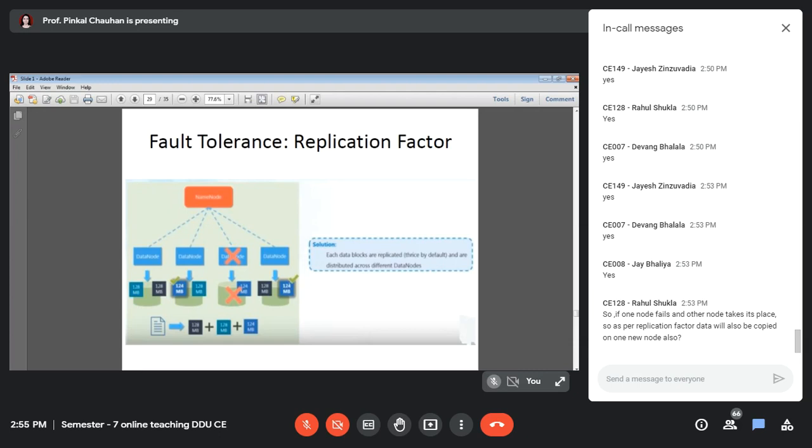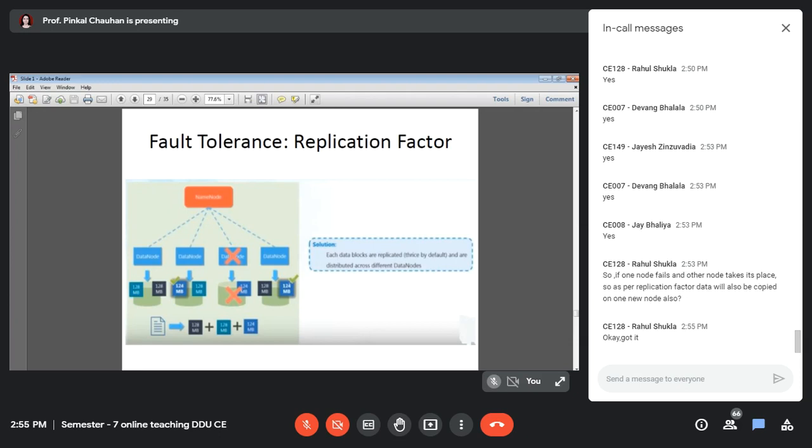So let's say we needed this 124 MB and we contacted data node 3, and then we came to know that it is not available. Then what we will do is, name node will check on what other node this particular block, which is needed by the client, is available. We will just go to that node and get the data. We will not copy this 124 MB once again on some other data node, assuming that after some time the data node is going to be available. There are some internal mechanisms to handle this situation. So that is how it goes.